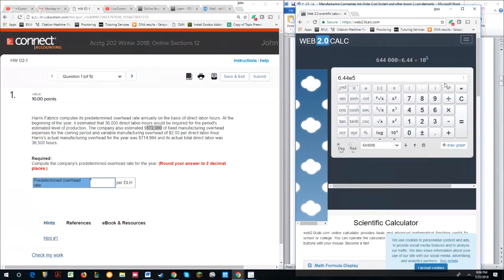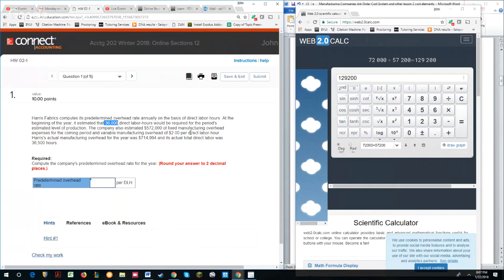So it's the 572, and then it's plus 2 times 36,000. Is that right? That's what I think. And then we have to divide it by the total number of